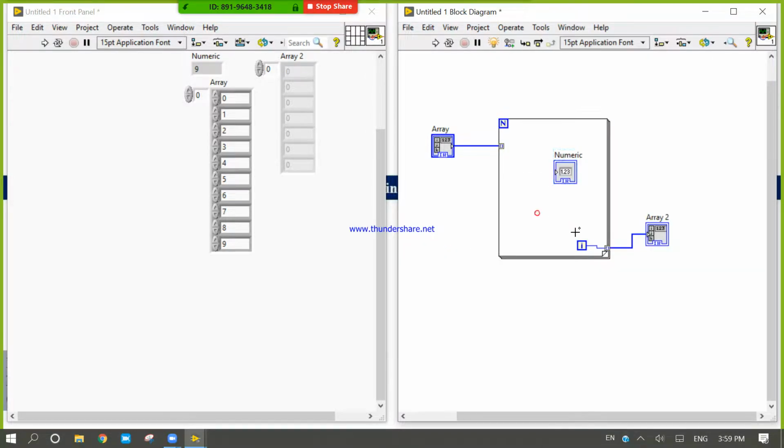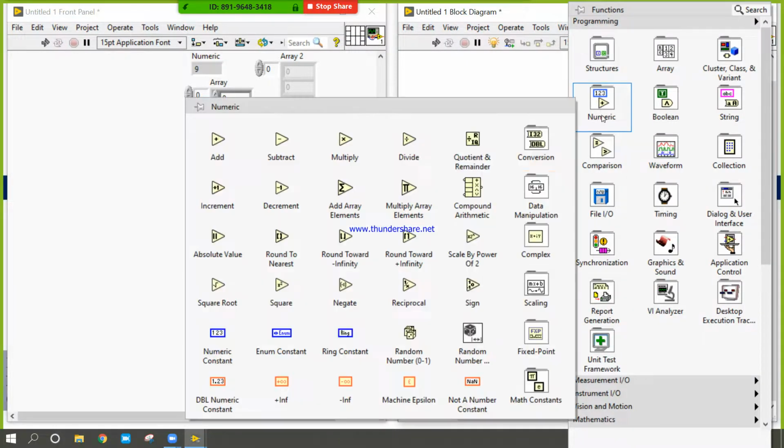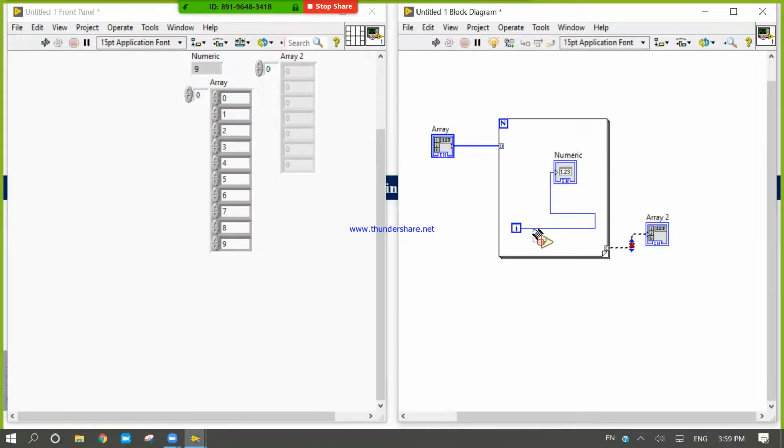Let's take it and connect. Now I am trying to use this square function. Run. Now you can see this for loop runs 10 times.